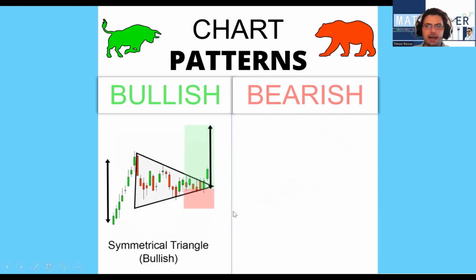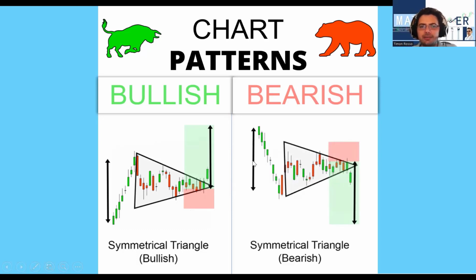Symmetrical triangle. Now, a symmetrical triangle is similar to a wedge, is similar to a pennant, except this is where the triangle pretty much is symmetrical, believe it or not. So it moves in a sideways formation, and instead of converging on a downtrend or an uptrend, it converges sideways. And then you're waiting for the price to break up and out of the symmetrical triangle, this is bullish. Then you set your stop loss just below the symmetrical triangle. You set your take profit way above, 2 times or whatever you're willing to risk. Make sure it's a little bit more.